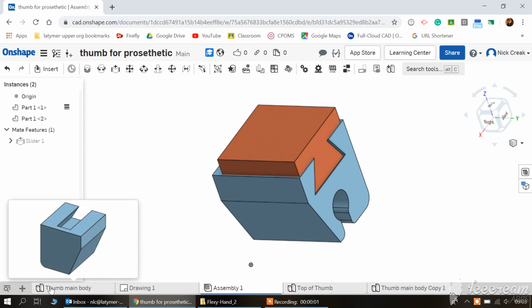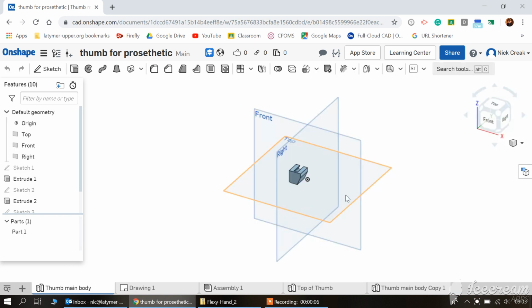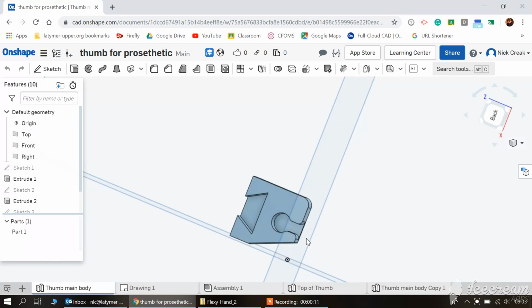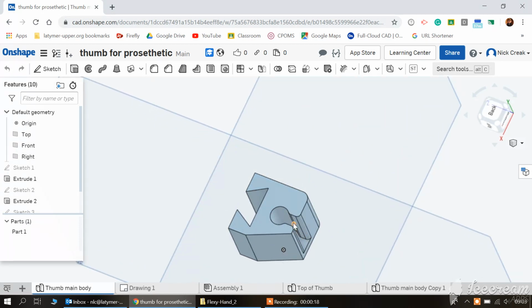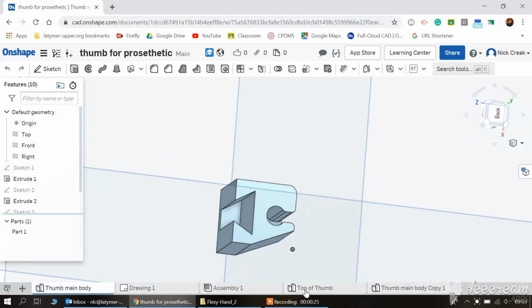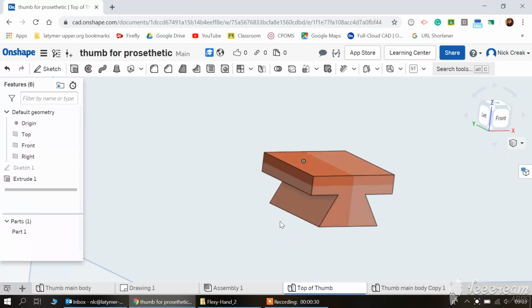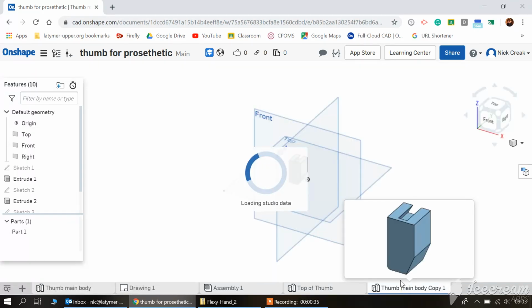Okay, so we're going to create a part and on shape which we're now going to use and you're going to build upon. This part here, if you look at the prosthetic hand, the flexible part is going to slide into this part here. So this is going to be pre-built and pre-printed for you. And then you're going to make this piece here, which I'm just about to talk you through, which will allow the two, when we bring them together,